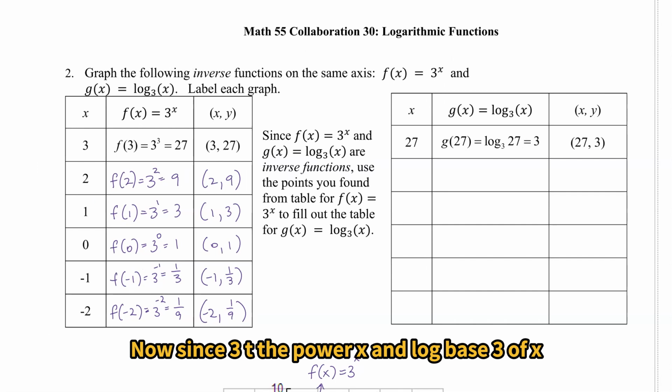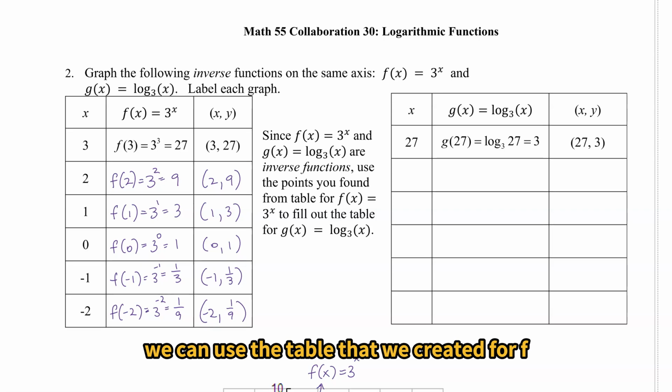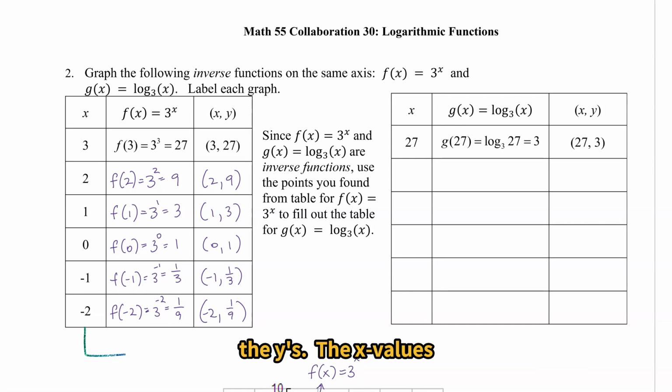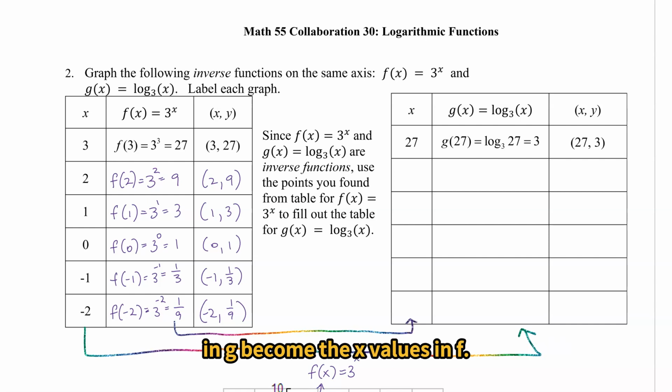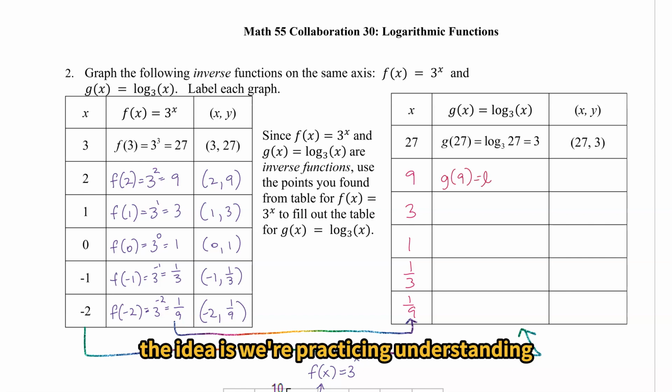Now, since 3 to the power x and log base 3 of x are inverse functions, we can use the table that we created for f of x, 3 to the power x, to generate our table for log base 3 of x. All we have to do is switch the x's and the y's. The x values in f will become the y values in g, and the y values in g become the x values in f. So we already have 27. Let's go ahead and put in 9, 3, 1, 1/3, 1/9. And then for our function g,